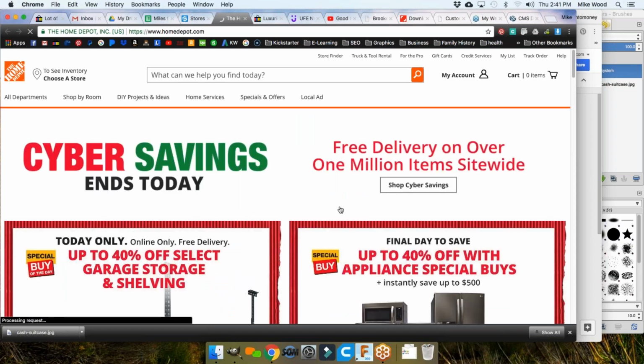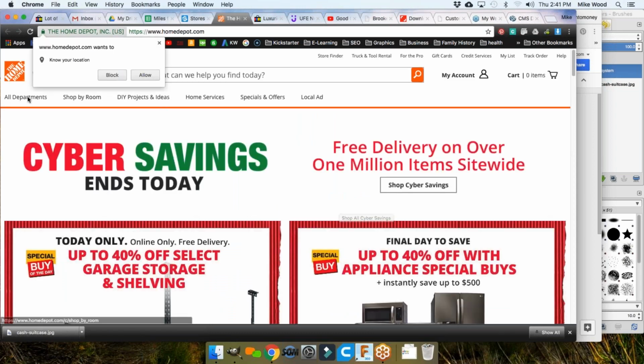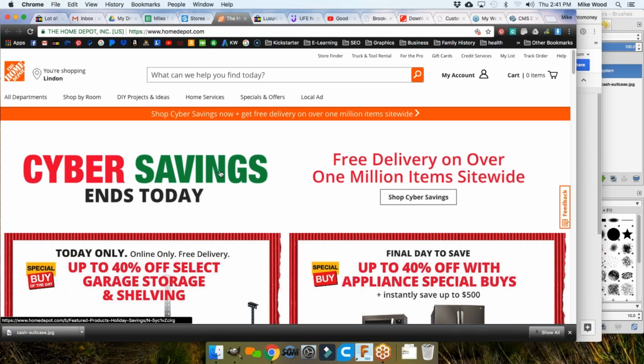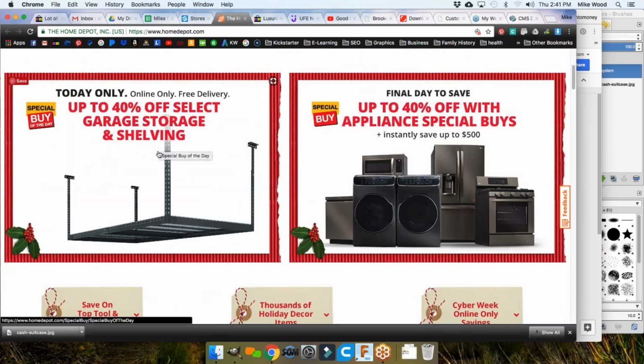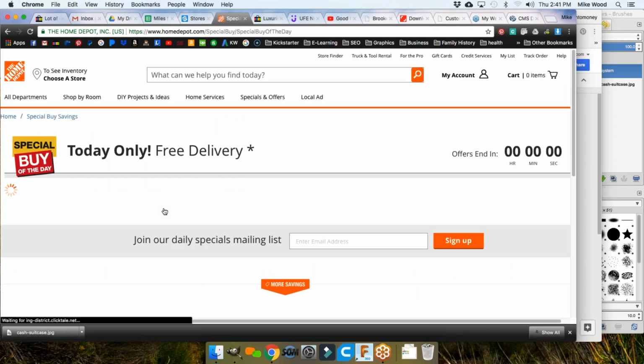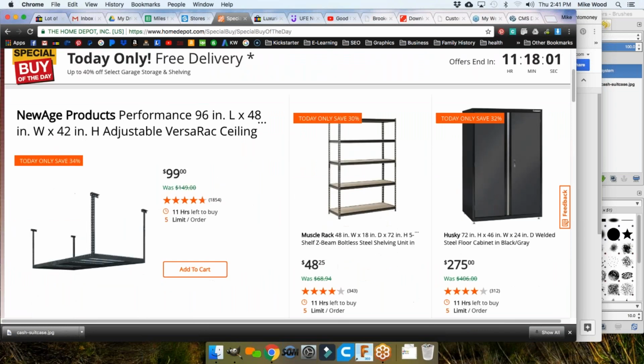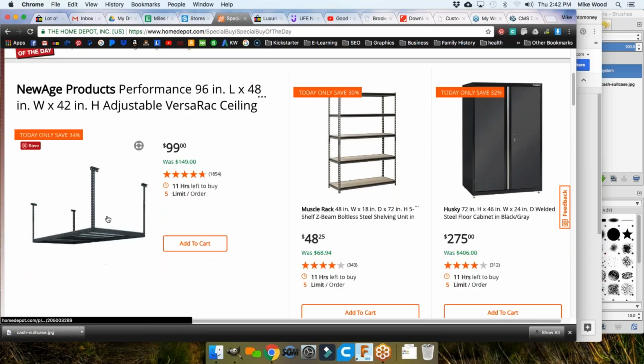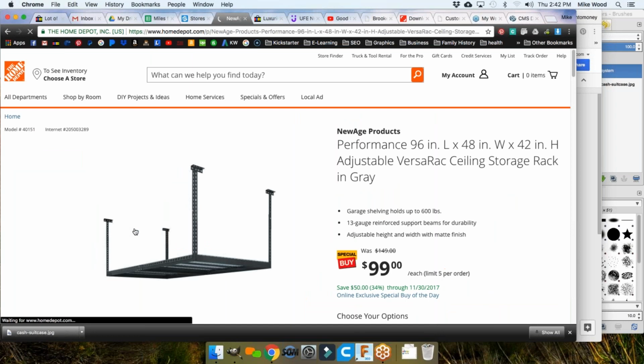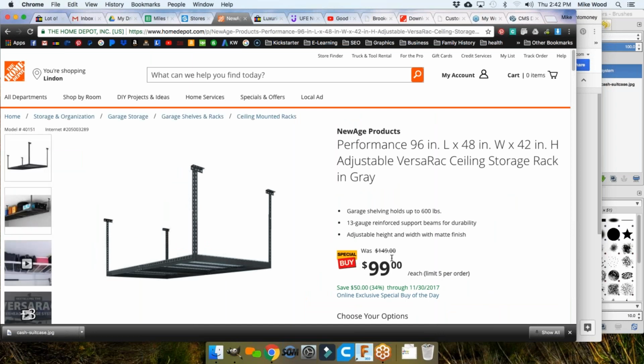So if I want to go to Home Depot and find a product, I click on that there, and I can come into Home Depot and look at any of these products that they have here. I can look at what they're advertising. If they're advertising it on their page, like this garage shelf storage, well, that's a pretty good indicator that they expect those things to be selling right now. So let's go list them up on our eBay account. So we would come in here to this item, for example, and here it's on sale at $99 instead of $149. Okay, and so I could go over to eBay